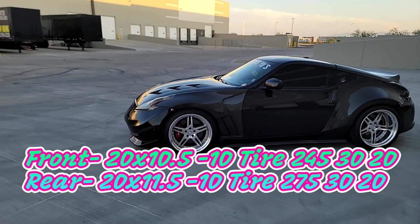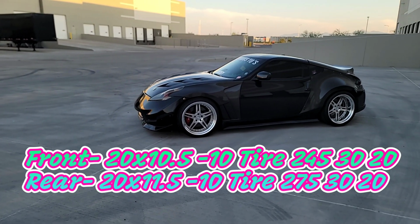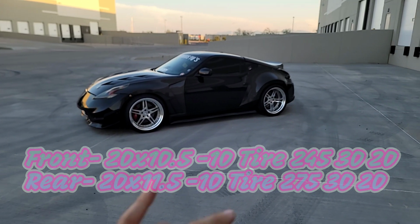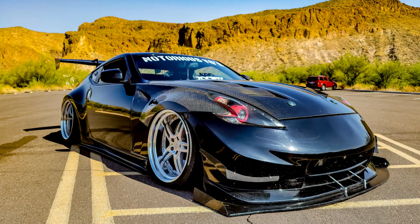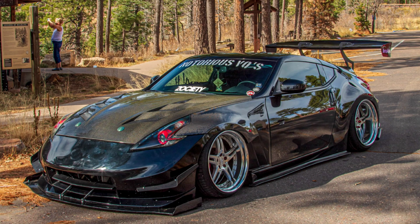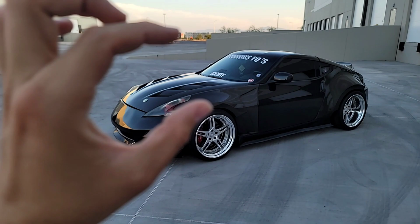I'll drop down some pictures as well so you guys can see how it looked before. Right now it still looks good, but I did have to add a pretty big spacer for the wide body kit, because with this wide body kit, it is 2 inches wider than stock. Now, because I went with the bigger tire in the front, the tire is a lot fatter